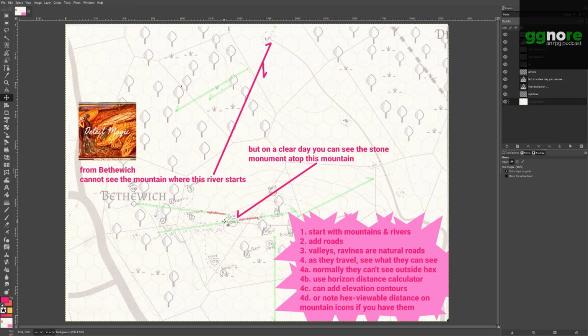And I use my generator that I will link to in the show notes that tells you, for a certain height above sea level or ground level, how many hexes the party can see. So that works in reverse as well. So I know if I've got like a 1,000-foot mountain peak up here, I can calculate how many 6-mile hexes, or however many miles your hexes are, away this landform can be seen since it's elevated.